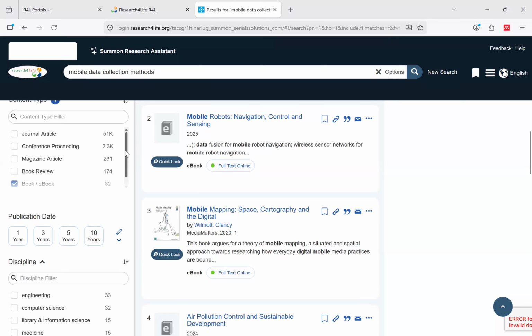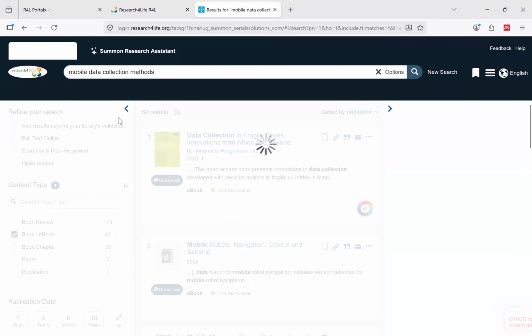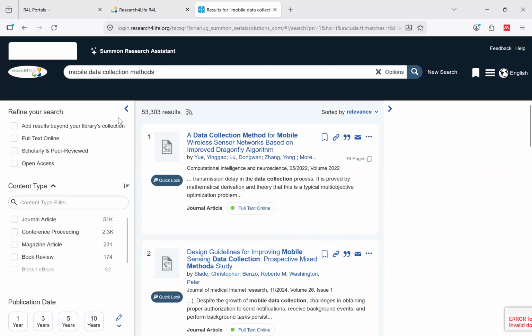So I'm going back. I'm showing the different features here. We looked at the dates already. I hope you took note of this. And in case I want to carry out another search, before you do another search, always clear your filters. You see, I have clear all. Always clear your filters before you carry out another search. In case you want to put in another search term, always clear your search. So now I've cleared my search.